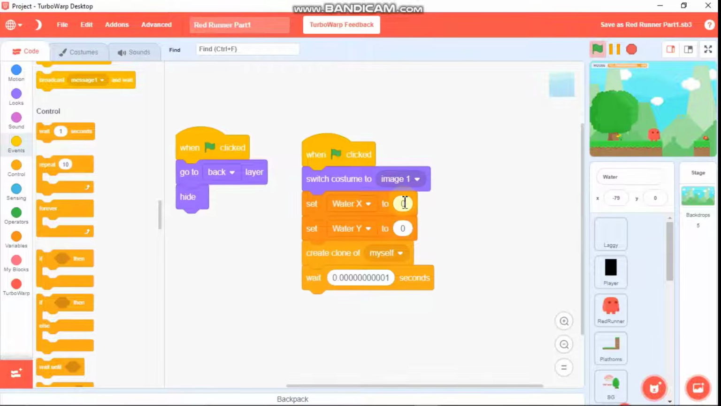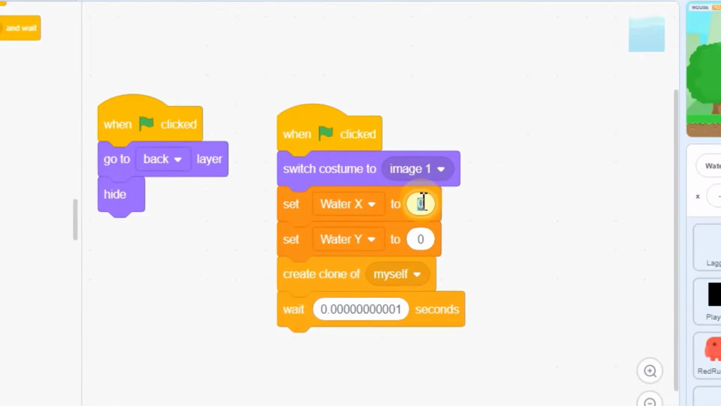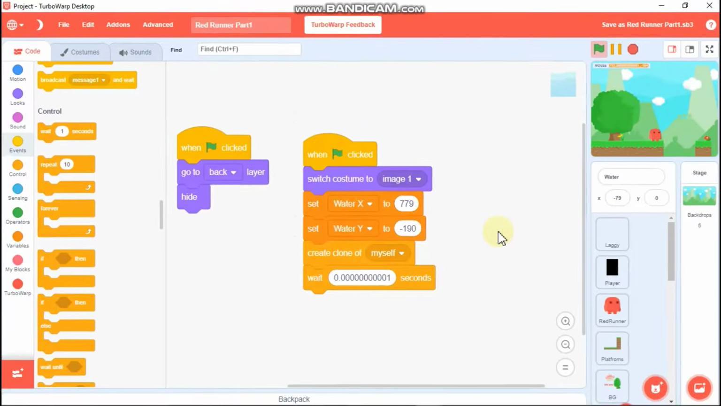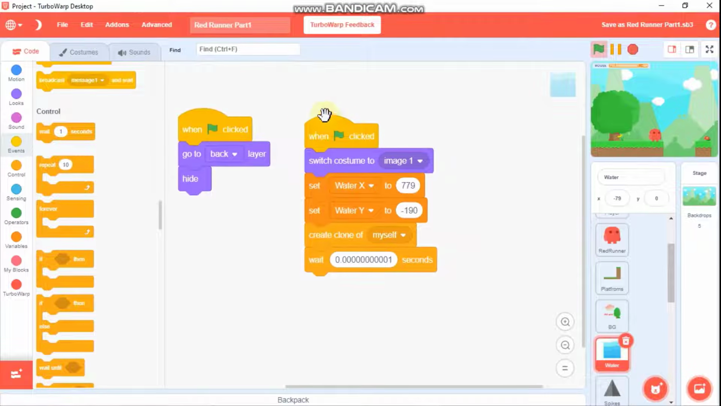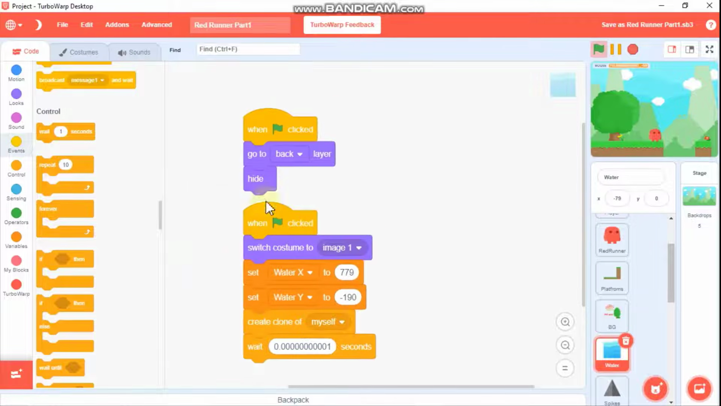So my first position is X 779 and Y negative 190. So if you are using my platformer, the Y value is 190 always. So for now we just add one clone of water,